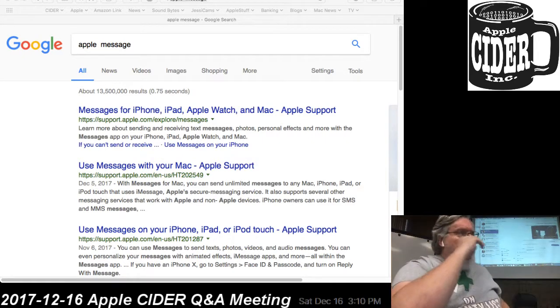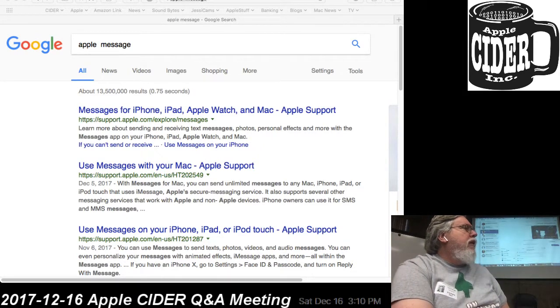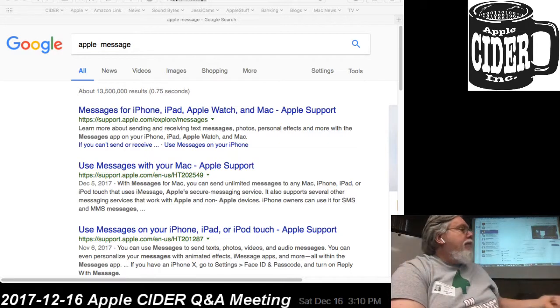Those go through the internet and they're encrypted end to end using your Apple ID and their Apple ID at the other end. You can also send text messages through the cellular system